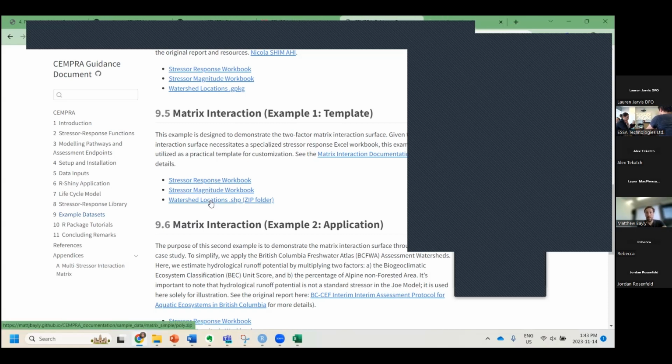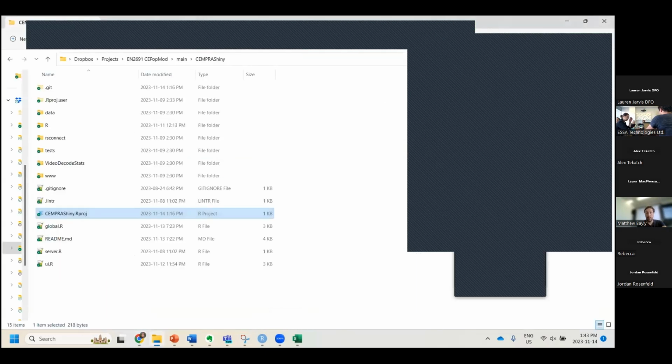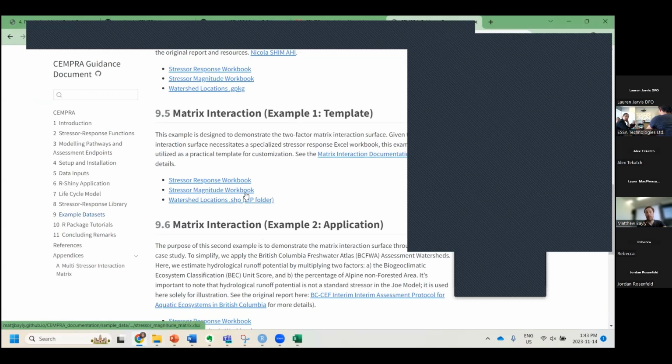Here's an example where the shapefiles are a little bit annoying. I only included one example, but you just have to zip them to upload them and then unzip them. But the idea was just to